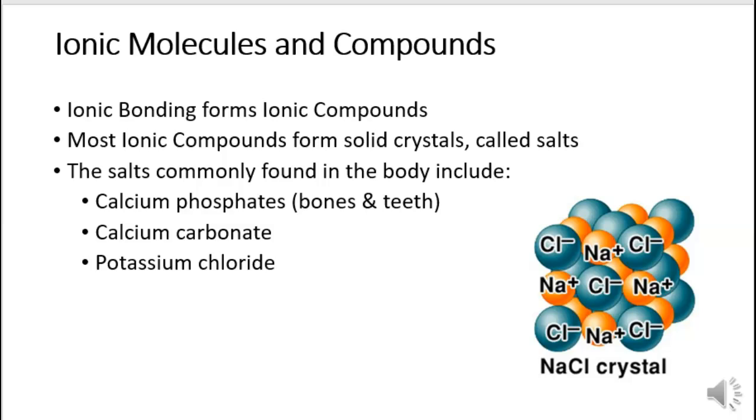When ionic compounds form, they usually result in crystal-like structures because a negative ion, or anion, is really a cloud of negativity three-dimensionally and is attracted to multiple cations around all of its sides. So it forms a crystal-like structure that we refer to as salts. Some salts that are commonly found in our body include calcium phosphates, calcium carbonate, potassium chloride,